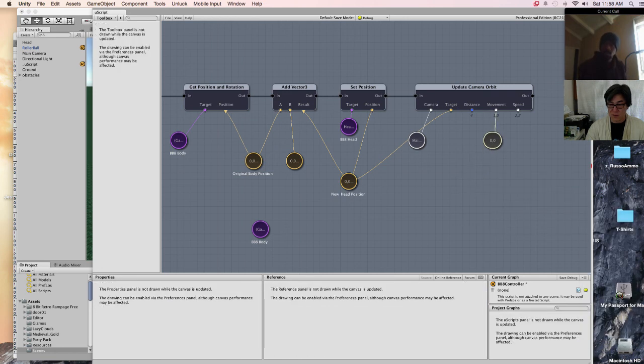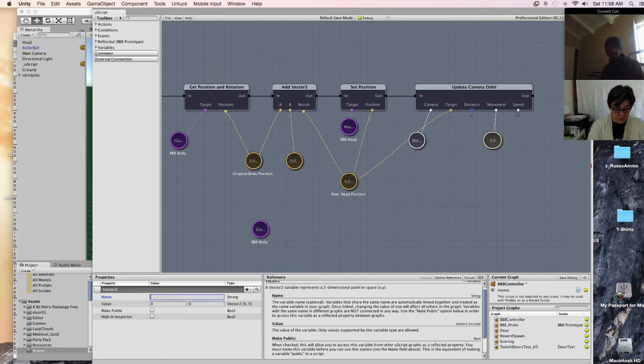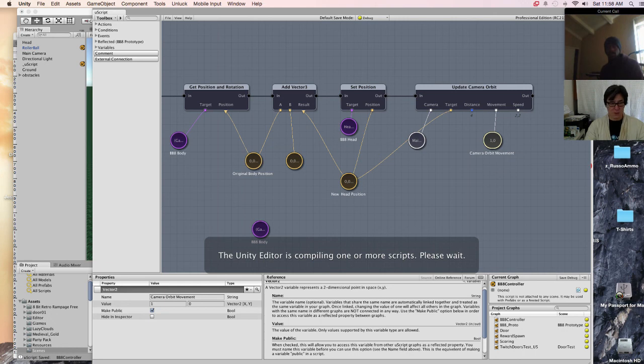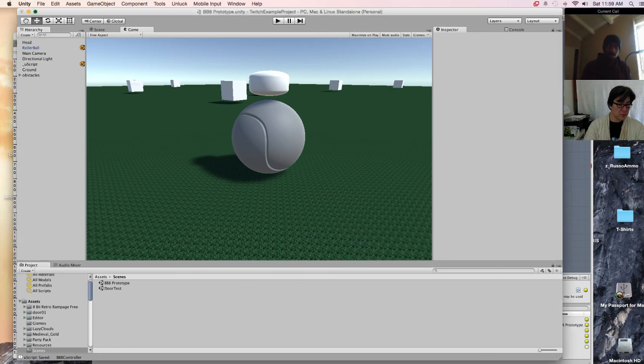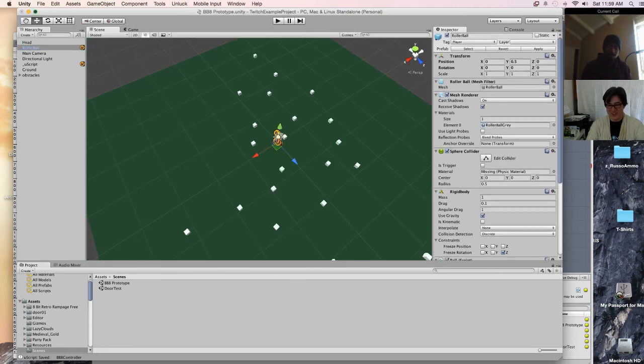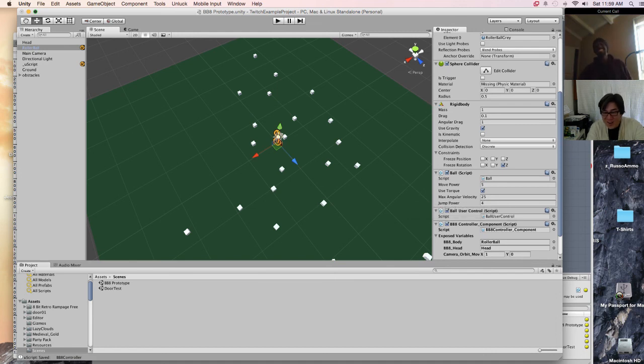That's a Vector2 up there, so let's take this Vector2 and call it orbit movement. Let's make it public. Set some defaults of 1 and 0. Save, debug. That's no longer going to be the same thing that it ever was. Oh, what, Josh? I want it to go. Oh, got it.